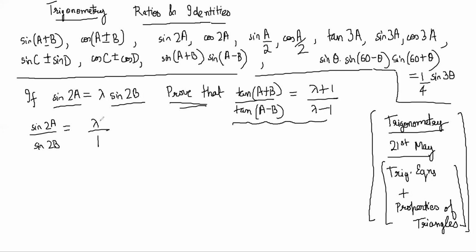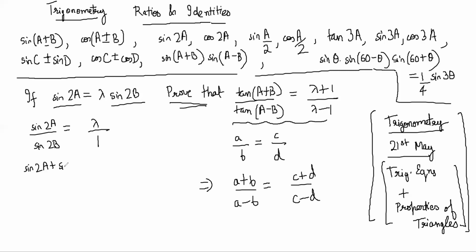And then obviously this looks like a componendo and dividendo thing, no? If A by B is equal to C by D, have you heard of componendo and dividendo? Then this is equal to this, C minus D. So sin 2A by sin 2B is lambda by 1. So sin 2A plus sin 2B by sin 2A minus sin 2B is equal to lambda plus 1 by lambda minus 1. Now all you have to do is prove that the left hand side is equal to tan A plus B by tan A minus B,